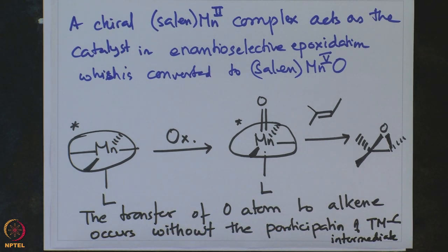Now, this is a very interesting observation in the sense that a highly enantioselective epoxidation can be carried out with chiral salen manganese complex, which can transfer the oxygen functionality onto the olefin without the olefin formally getting activated by binding to the transition metal. So, with this we come to the close of this important epoxidation reaction in the form of Halcon Arco